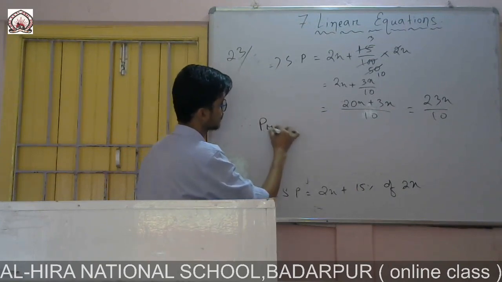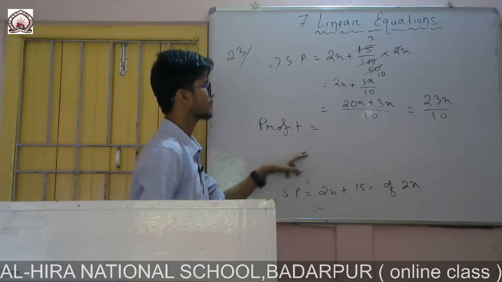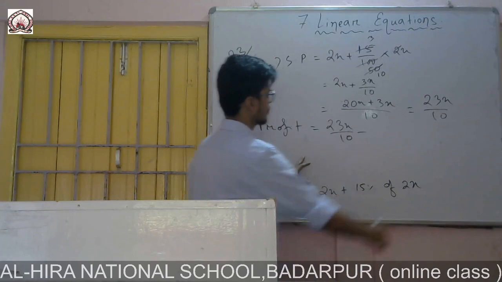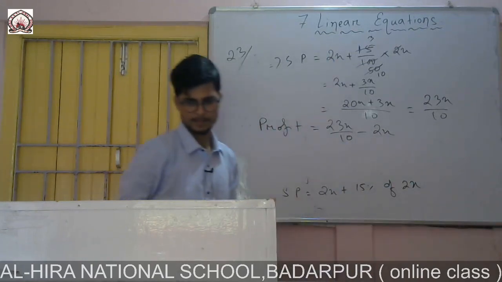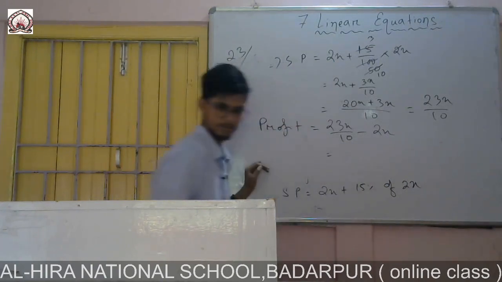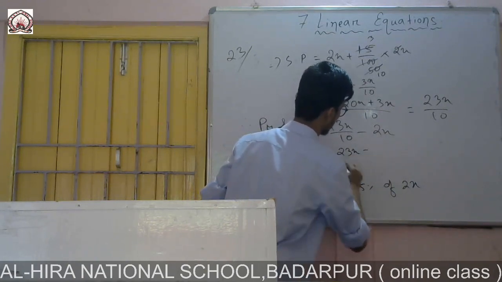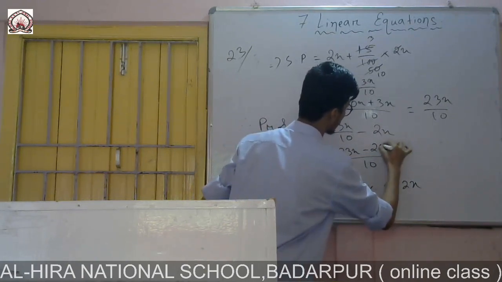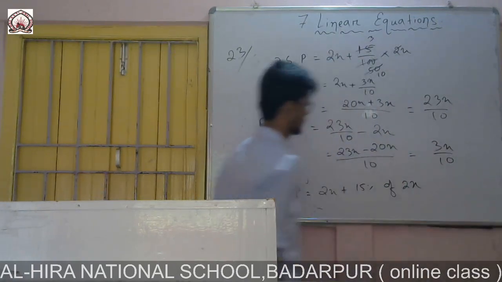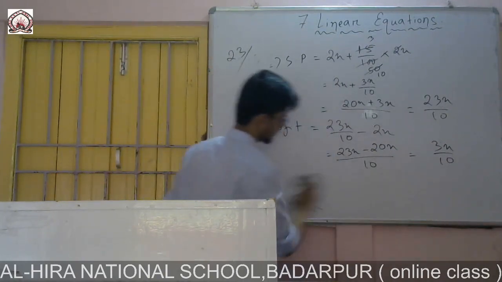profit. Therefore profit will be equal to selling price minus cost price. So selling price was 23x by 10 minus cost price, it was 2x. So I can write 23x minus, if I take the LCM it will be 10, it will be 20x. That means which is equal to 3x by 10. So now according to the question, we can write,